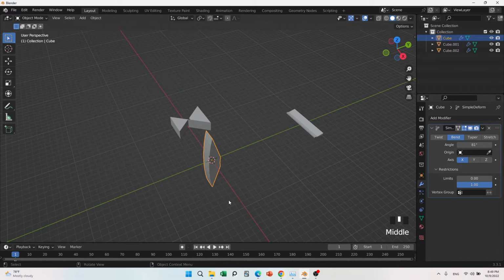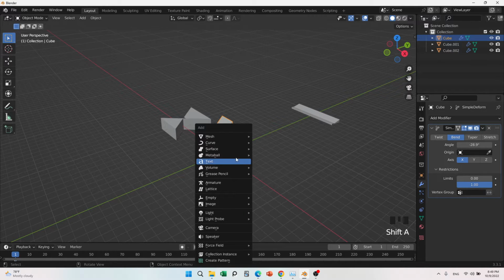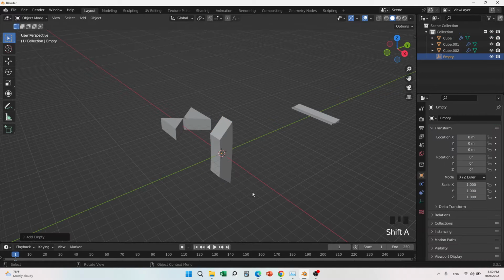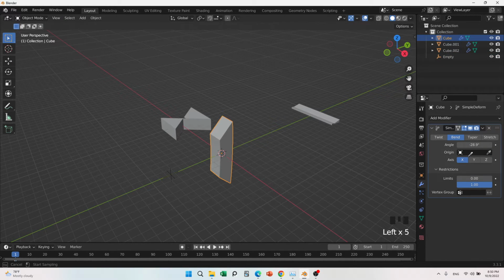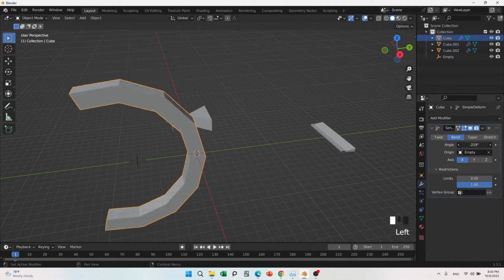Okay, so what we can do is make it less, and you can put an empty here, empty plane here, and let's see if we can, oh my gosh, origin, put the origin here, and we can play with it. You see